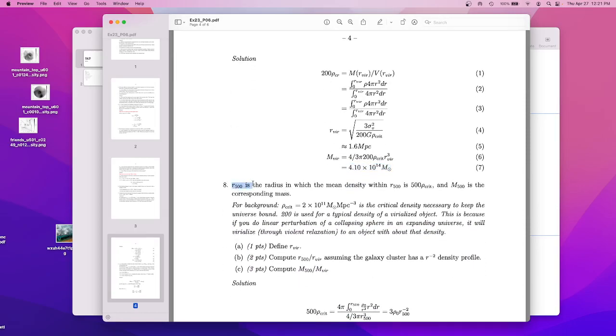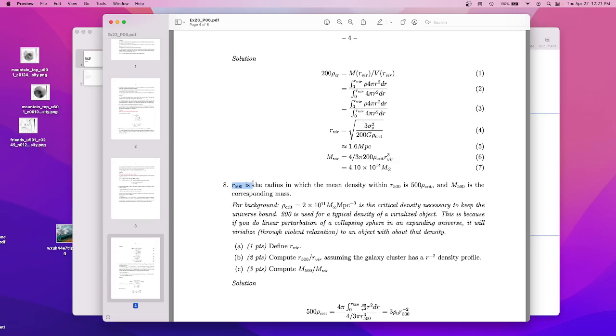This is the same idea, just rho 500 is 500 times rho c. So the 200 comes from some math you can do. It's a cartoon. It's not based on any real physics. It's based on some cartoon that you can write down, which I can show you, but I'm not